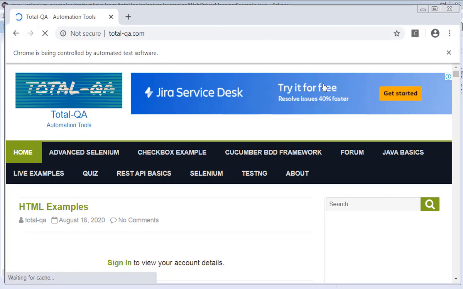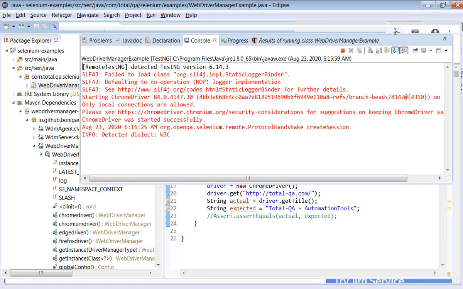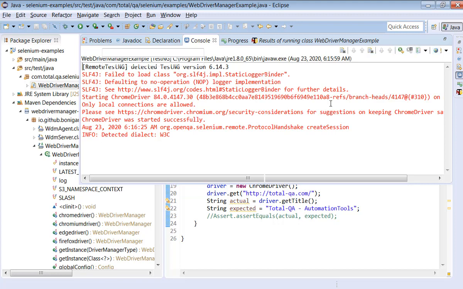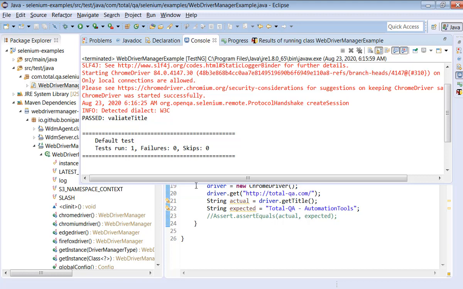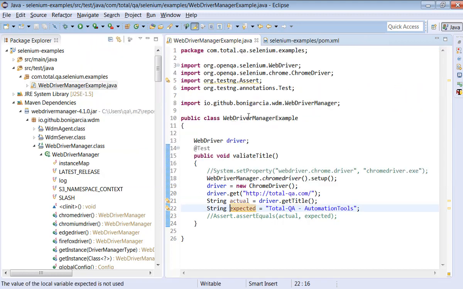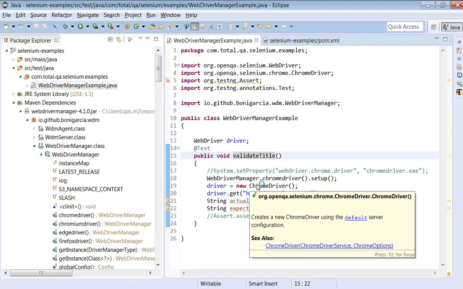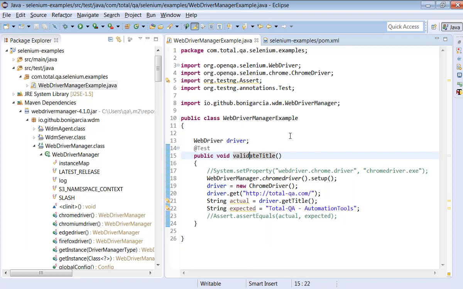Okay, now go back and see in the console, do we have any exceptions for it? There are no exceptions. Everything is working fine. I just need to put one date title here. Set. So it is very simple to use WebDriver Manager. This WebDriver Manager will work irrespective of any operating system. Either we use Windows or Linux or Mac.